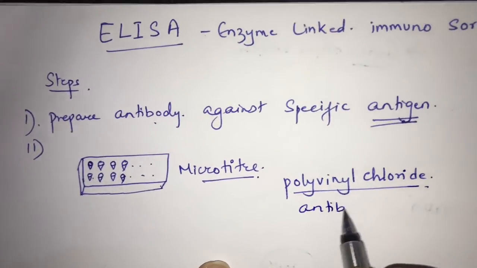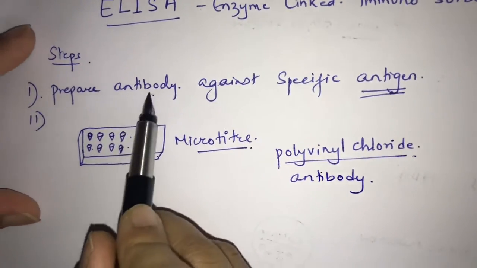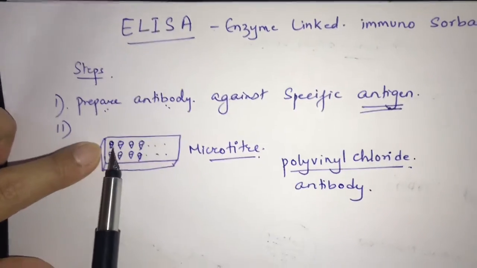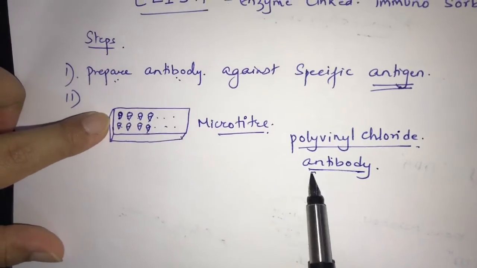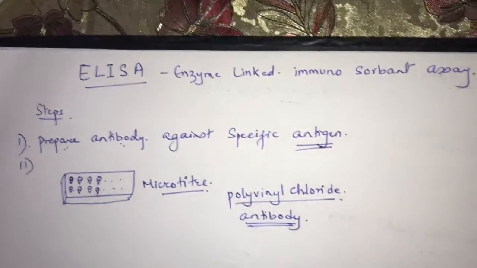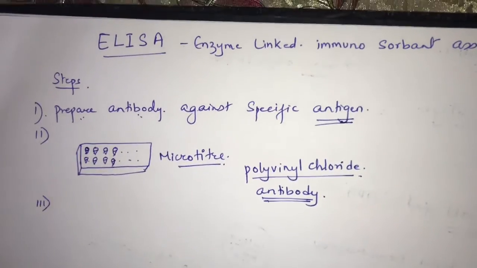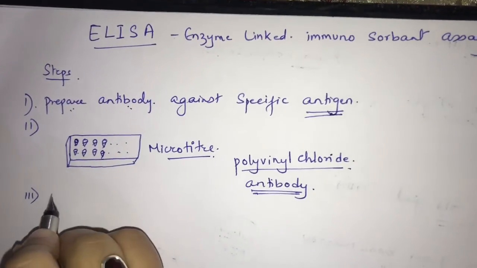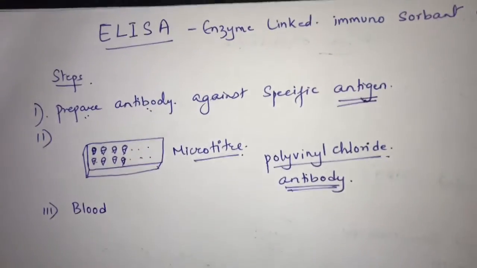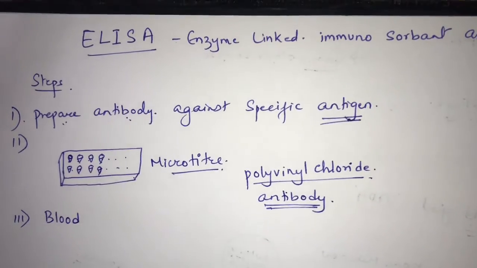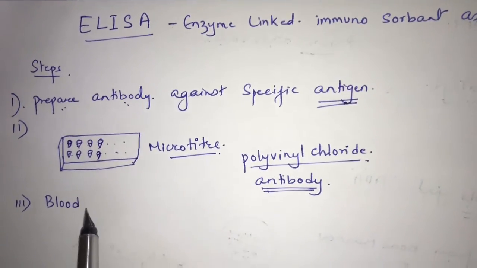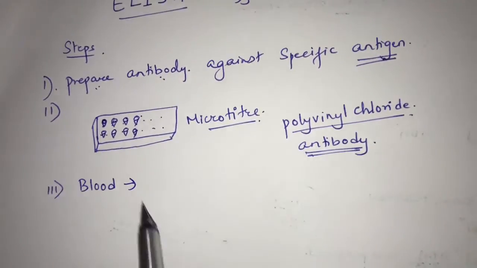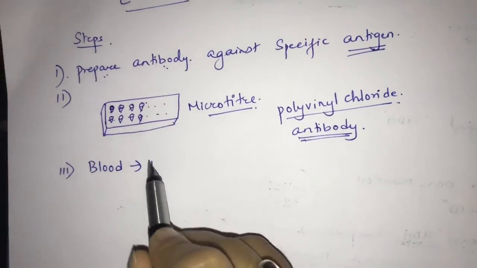The protein that we have extracted and prepared, we need to coat this microtiter with that specific antibody. Now what we are going to do is add the blood serum of the infected person, the person who is suffering. We need to add the blood sample of that person to this microtiter. We need to pour the blood sample into this microtiter,